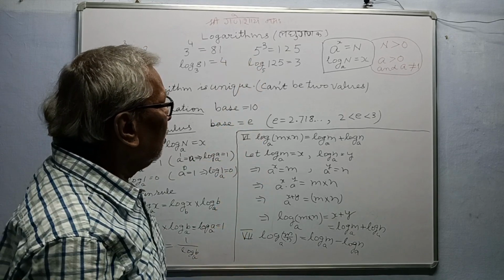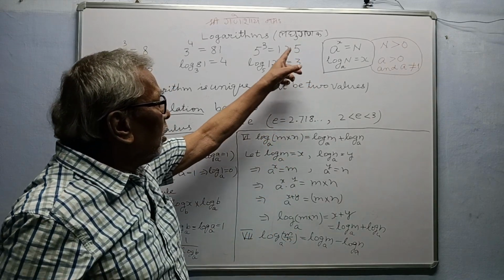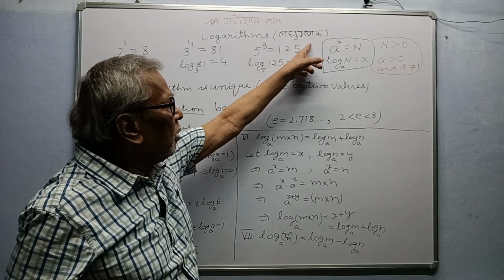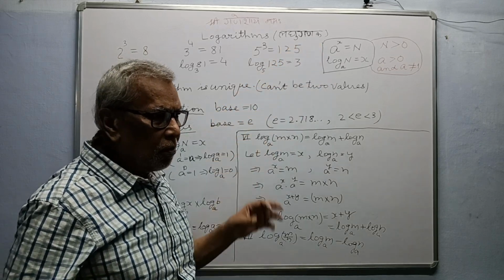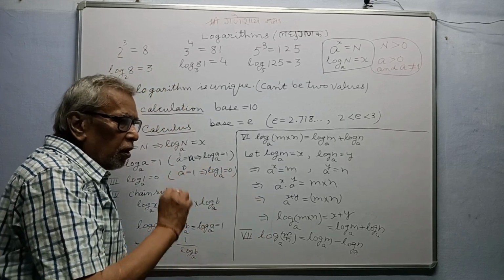Logarithms. हिंदी में अनुवाद हो लघु गणक। लघु का मतलब छोटा, गणक मतलब गणना करने वाला, गणना को छोटा करने वाला। लोगारिथम का काम है गणना को, कैलकुलेशन को शॉर्ट करेगा।